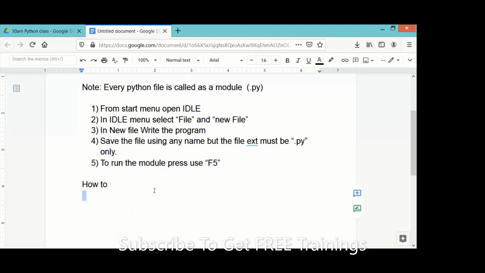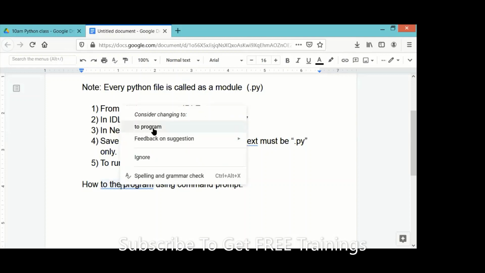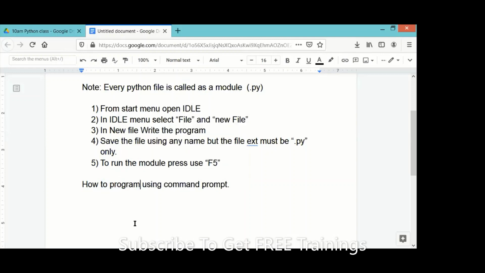And now observe how to run the program using command prompt. So it's simple.